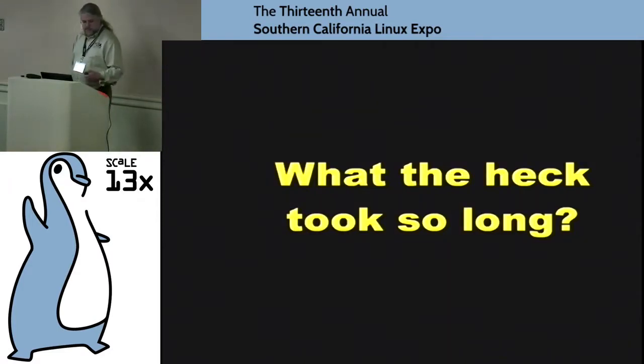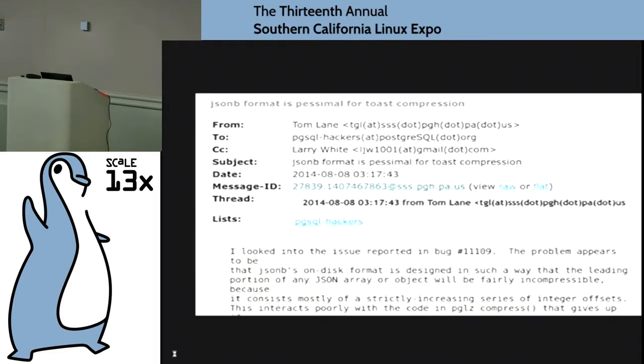Now, before we get started talking about 9.4, some of you may notice that 9.4 got released a little late. Normally we release new versions in September, and it got released in December. What happened was, in early August, somebody reported a major performance problem, actually a major data compression problem, with the new JSONB data type.